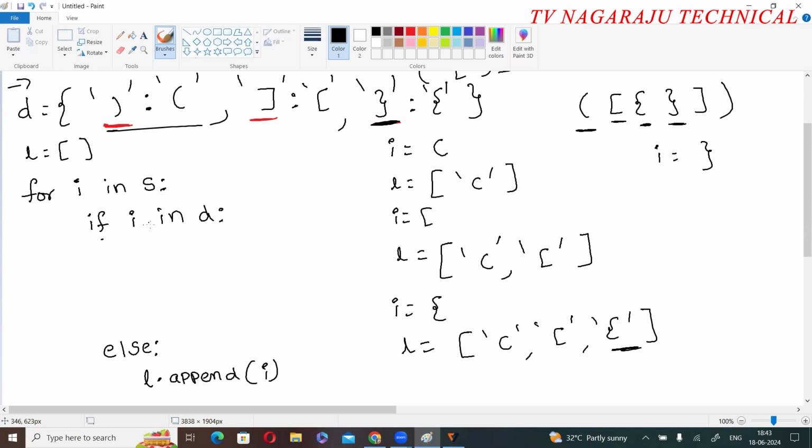Now that is the reason within the loop what I am doing? L dot, what is the function? For adding at the last, the method is append. For removing at the last, the method is pop. L dot pop. Suppose some variable x is equal to